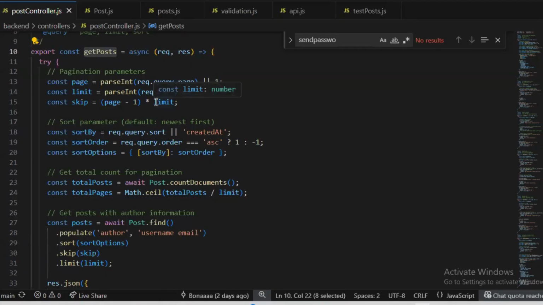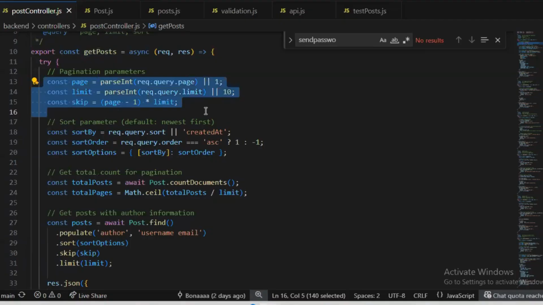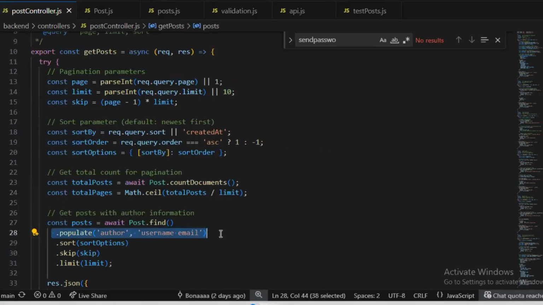As you can see, the pagination logic calculating the skip values here, and the calculate method to include the author information efficiently.